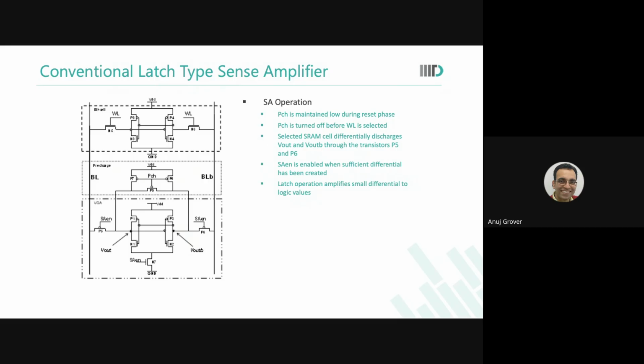Firstly, the sense amplifier enable is equal to 0. So the PMOS pass gates connect the bit lines to the internal nodes of the sense amplifier. Then the bit lines get pre-charged. Then the word line becomes on. It discharges the bit line slightly from VDD. Then sense amplifier enable becomes 1. The bottom NMOS of the sense amplifier starts taking currents from both sides, and then